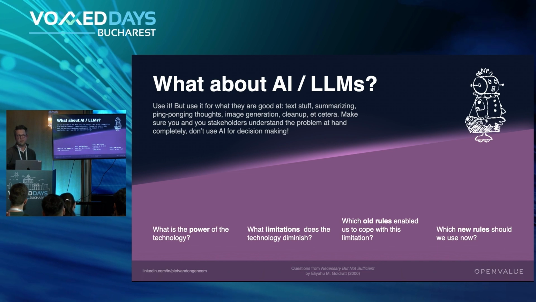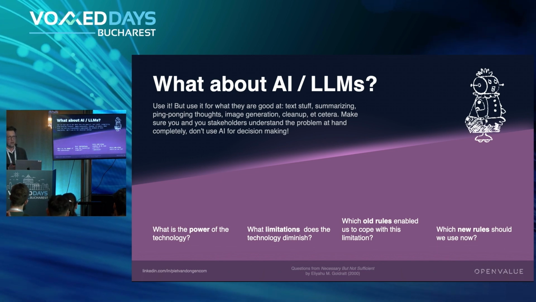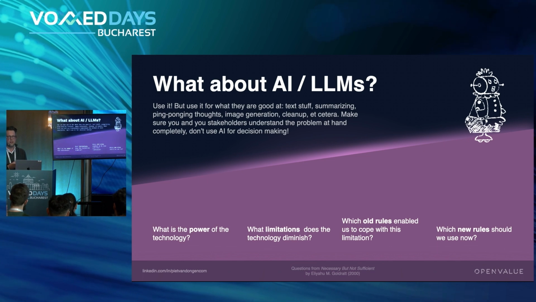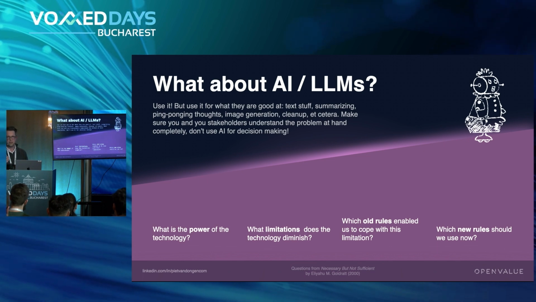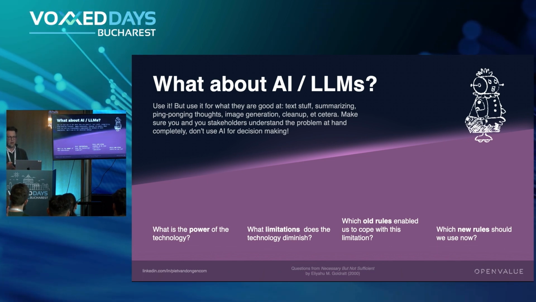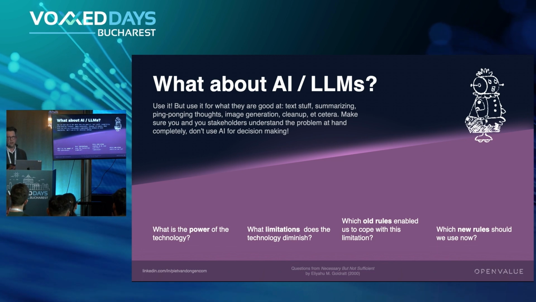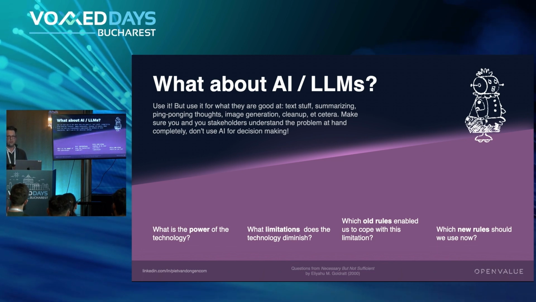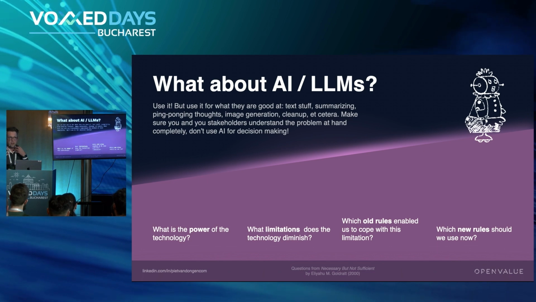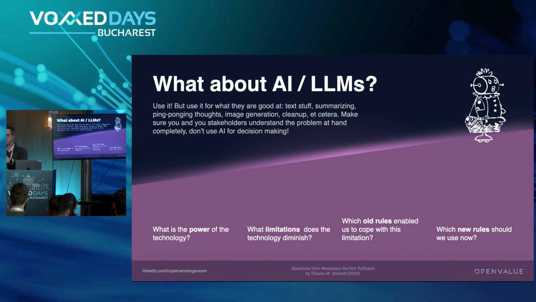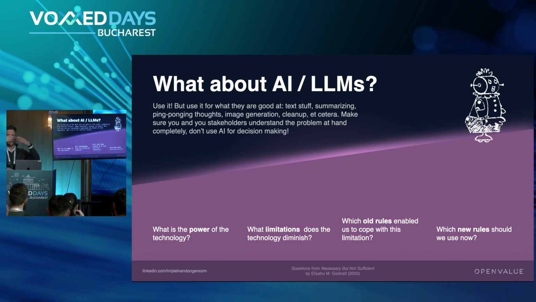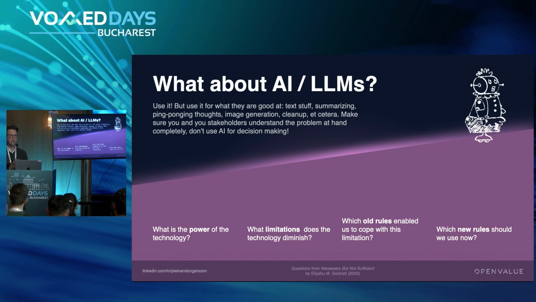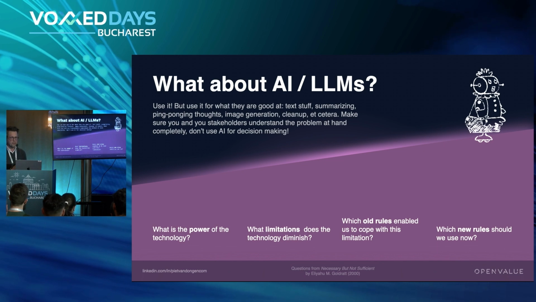Last one, I can't do a presentation in this year without LLMs. So LLMs can help you, but use them for what they're good at, right? Text wrangling. So if you want to make a summary, if you want to understand a huge ADR, you can use LLMs for that, but please don't have the LLM come up with the options. What Venkat says is, if you use it to bounce ideas around, that's fine, because it can help you think outside of the box, but don't rely on an LLM to make the whole decision.